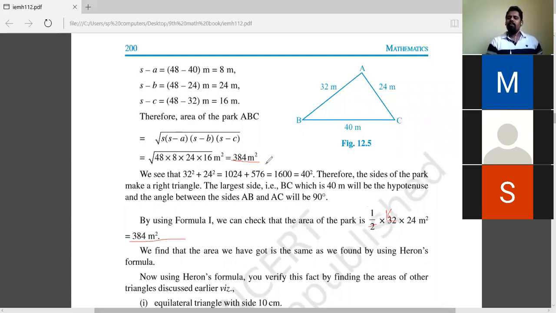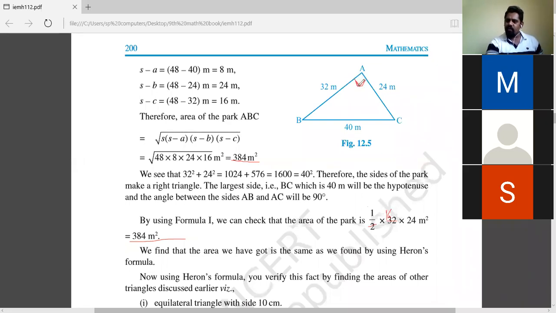But here it is a right angle triangle. What triangle is given to us? A right angle triangle. In a right angle triangle, of course, one side will be the height among these two. If you make AC the base, AB will be the height. If you make AB the base, AC will be the height. Perpendicular distance, so definitely a right angle means perpendicular itself. Is it or not? Yes.